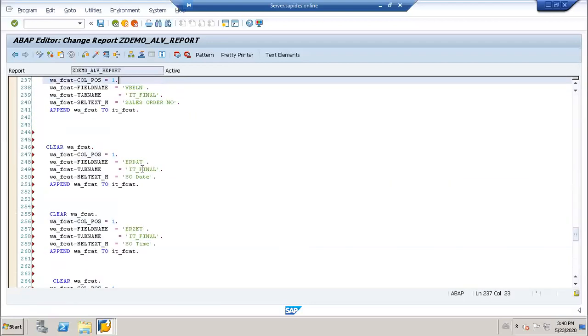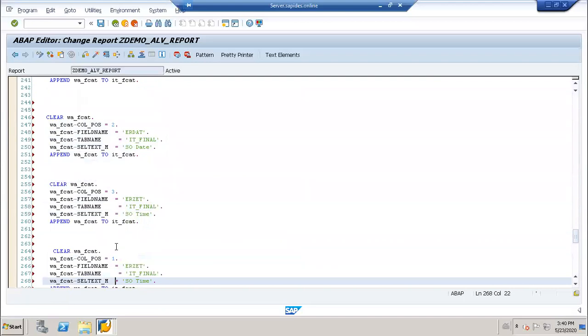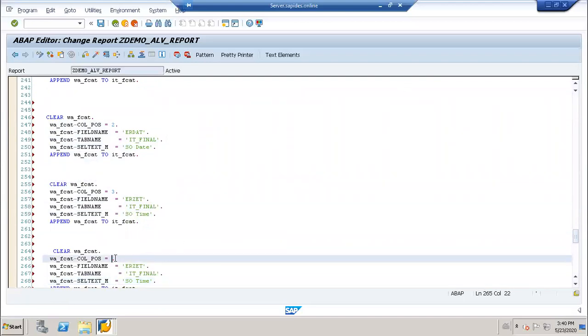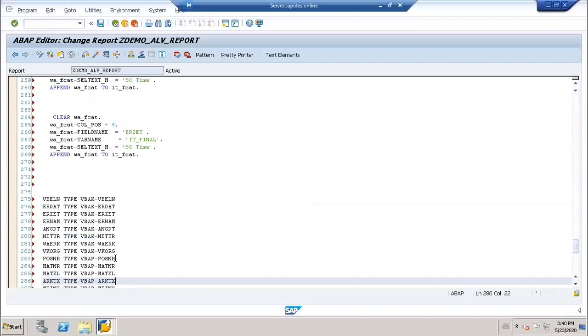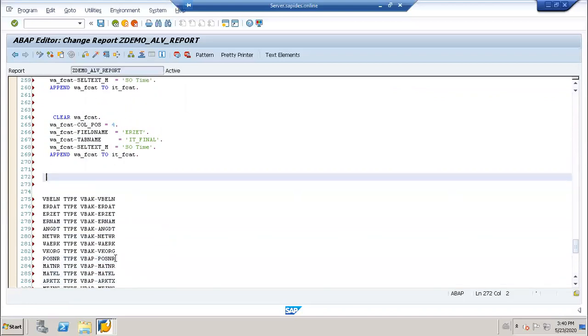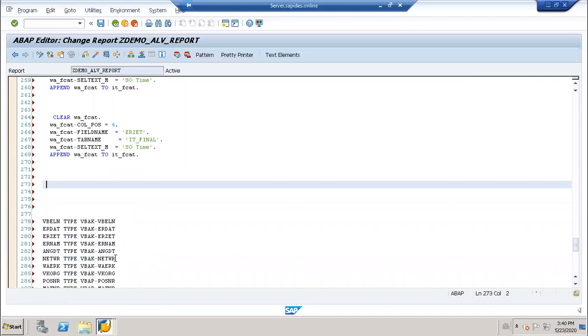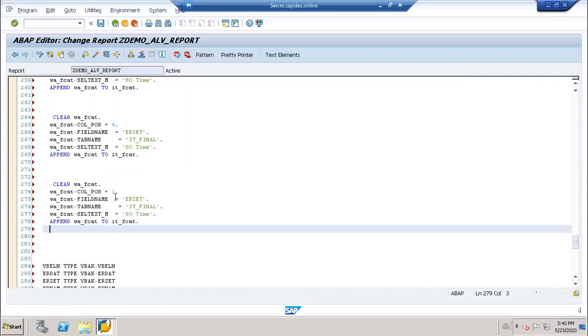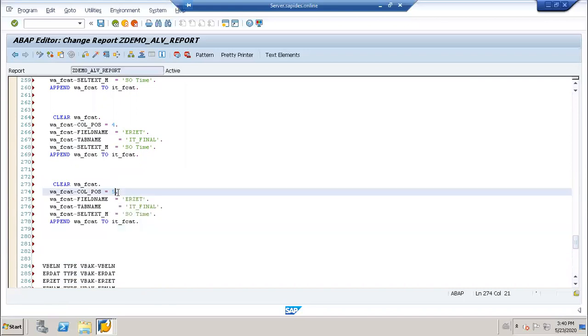I will change this one to 2. This 3. And this is 4. This 5.